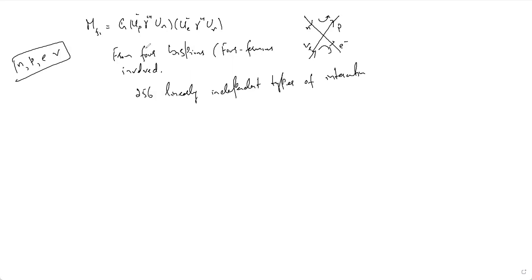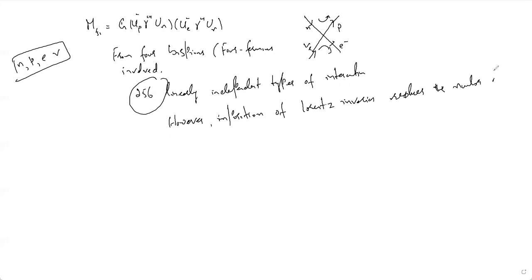That is, from these bispinors, when I use them in this particular equation for the matrix element, I will get 256 linear types of interaction. That means this many interactions or equations. However, when we impose Lorentz invariance, the imposition of Lorentz invariance reduces this number, and instead of 256, reduces it to only